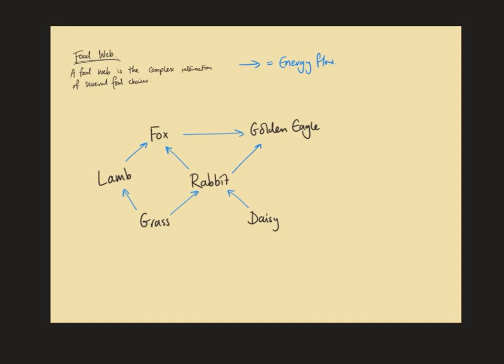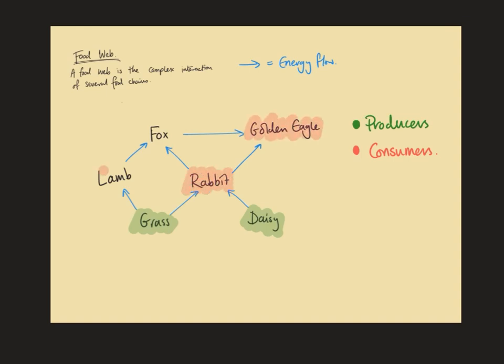So we can go into a little bit more detail with this food web, and we can look at the producers and consumers that are here. So the daisy and the grass are both producers. They are making their own energy from the sun. Now, everything else in this food web is a consumer,